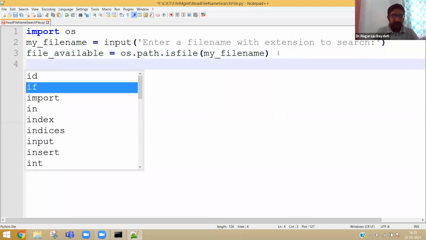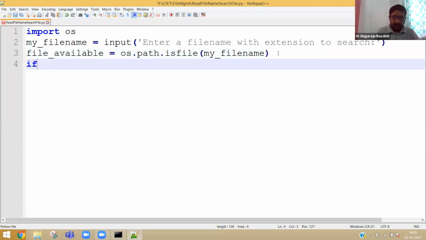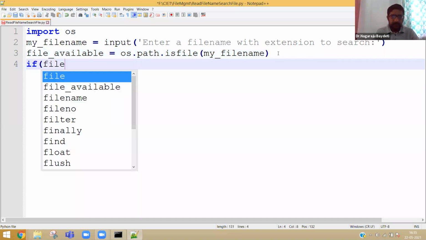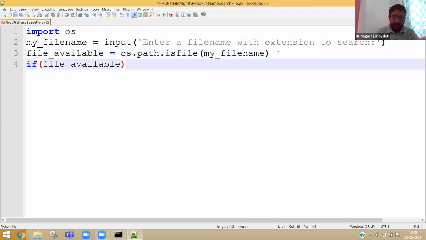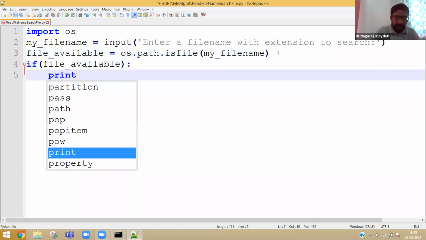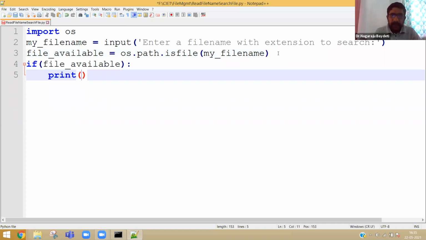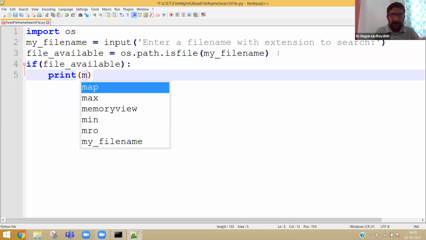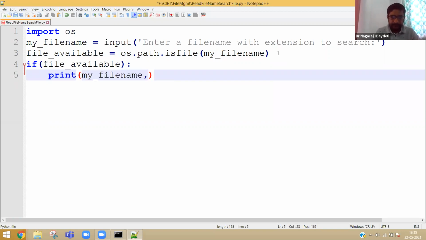If file available, print, I want the file name also to be displayed. So my file name is available, or exists, or any message.